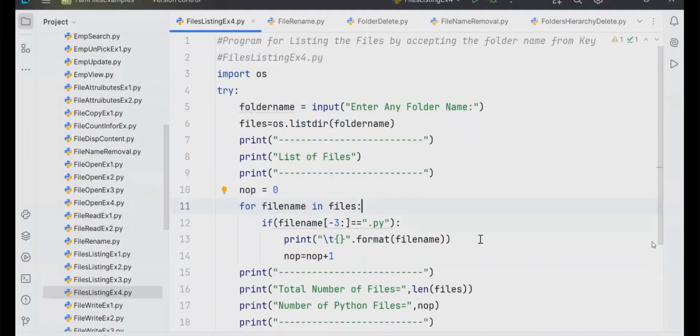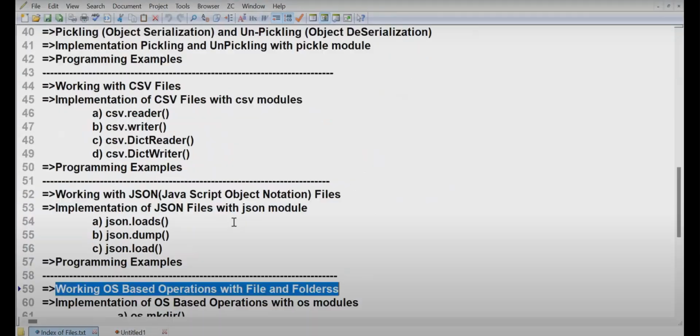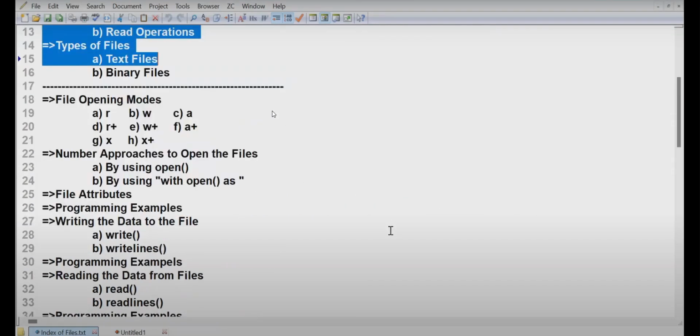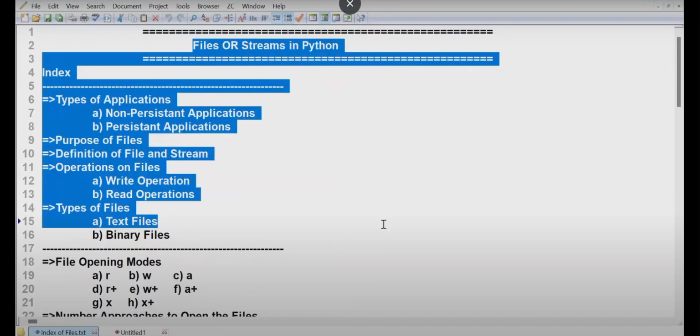Understood? So this is related to the concept of files, which we did completely. All the things have been done. With this, the files topic is completed. Next,